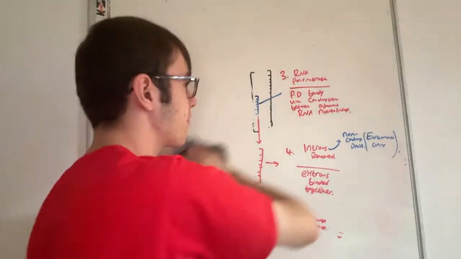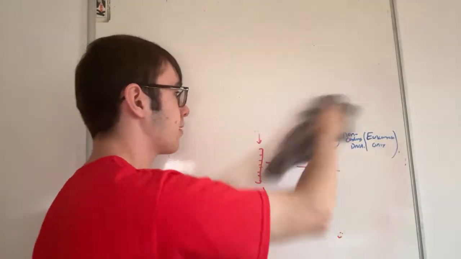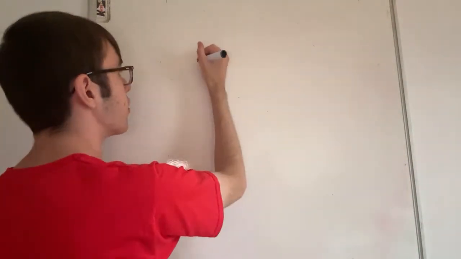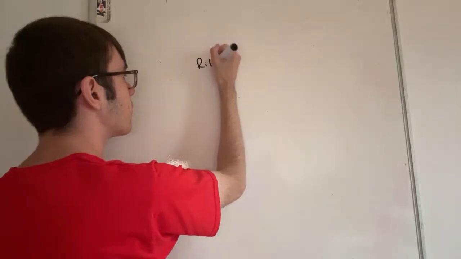But how do we turn this RNA copy, this mRNA copy, I forget, before it becomes mRNA properly, it needs to be spliced or whatever, pre-mRNA. That's the term right there for when the introns are still present. mRNA is what you use to refer to it after splicing has occurred. So, final thing we're going to do now is translation. The idea here is this occurs in the ribosome.